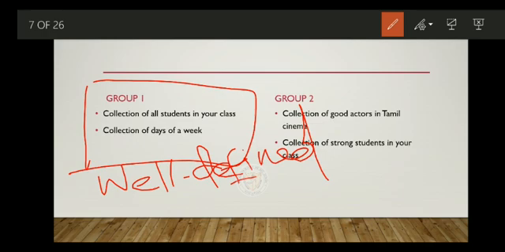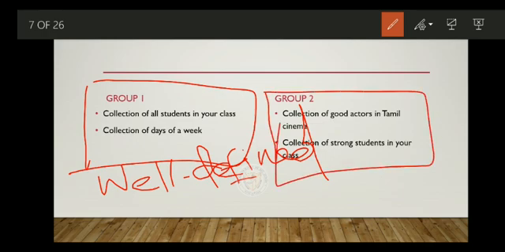And a collection in which you cannot decide whether the given object is in your collection or not is called not well defined.